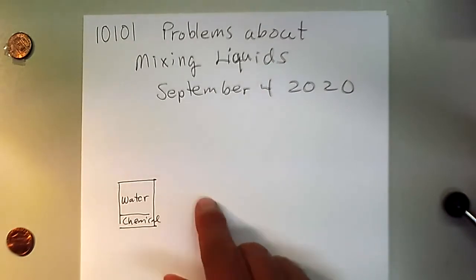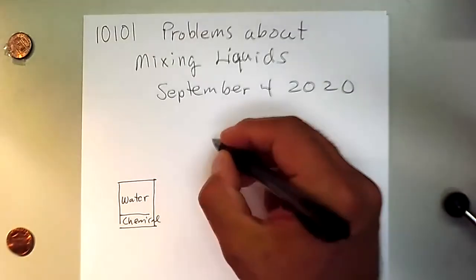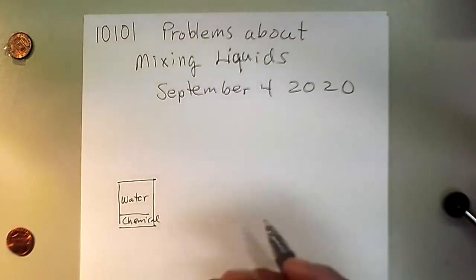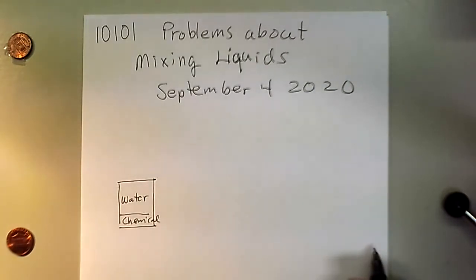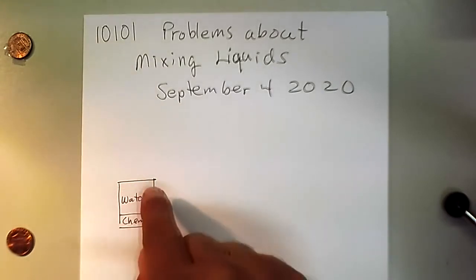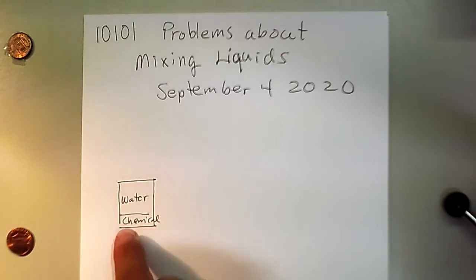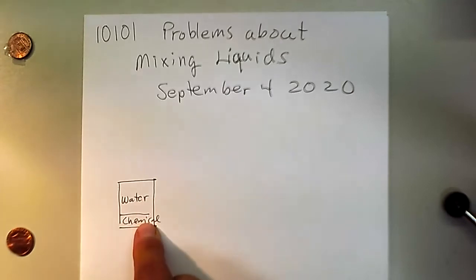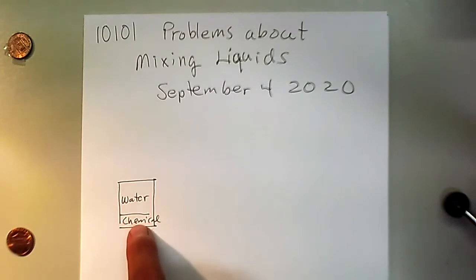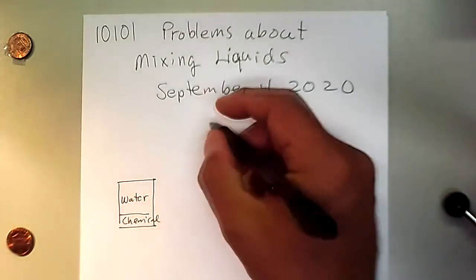And there's a few things we can do. We're only going to focus on adding things to this. It shouldn't be too difficult, actually, to remove and replace some of this. By the way, we're assuming this is thoroughly mixed up. So I'm drawing a picture where the chemical and the water are separated, but in reality, this is all mixed. This is just to give us an idea that there is some chemical and some water. Now we can add,